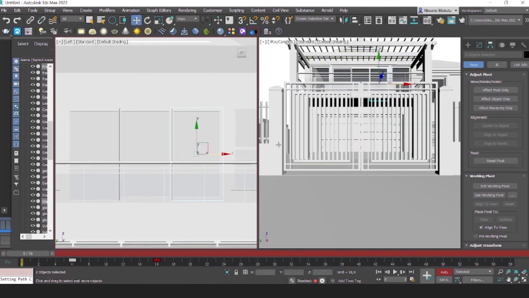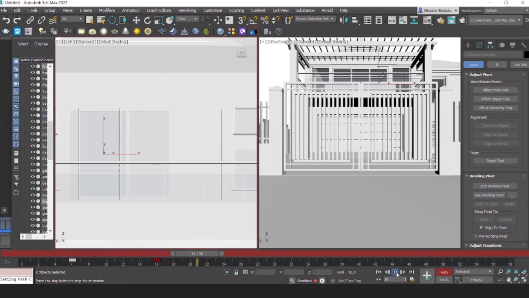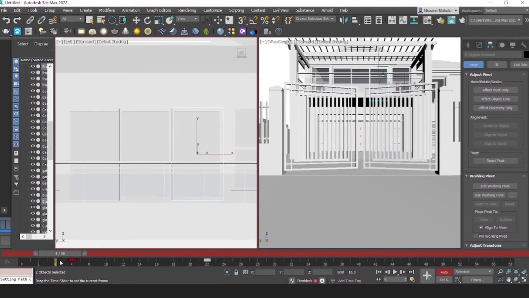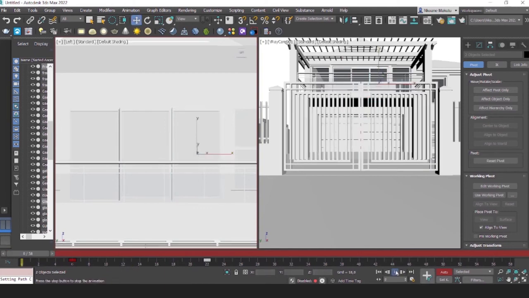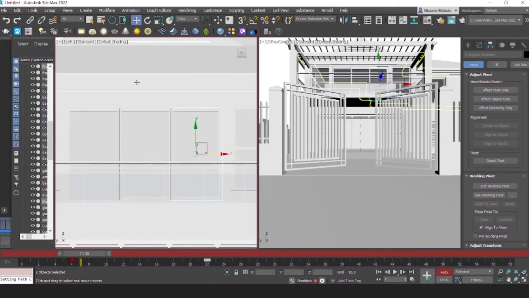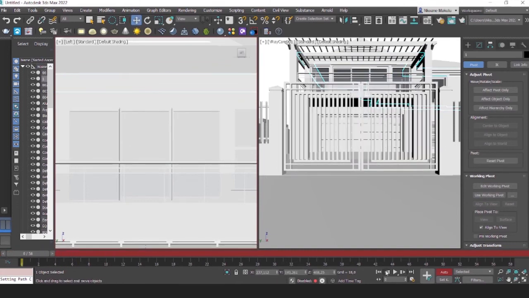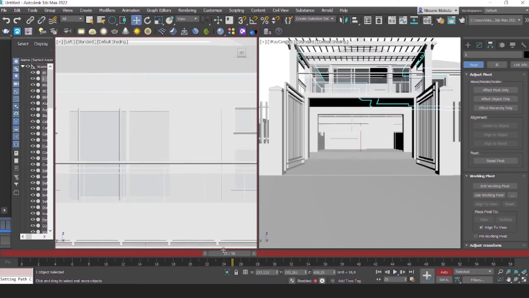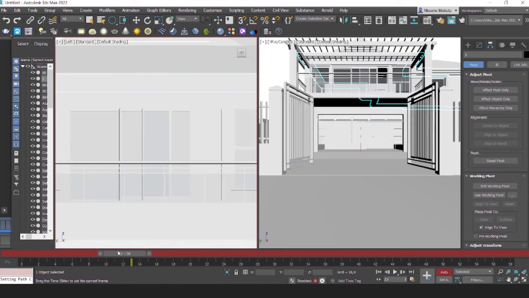So now we are saying starts from there and then it goes there. If it's a little bit too quick, we can change that. Like that. So that's the first window, and then the second window,